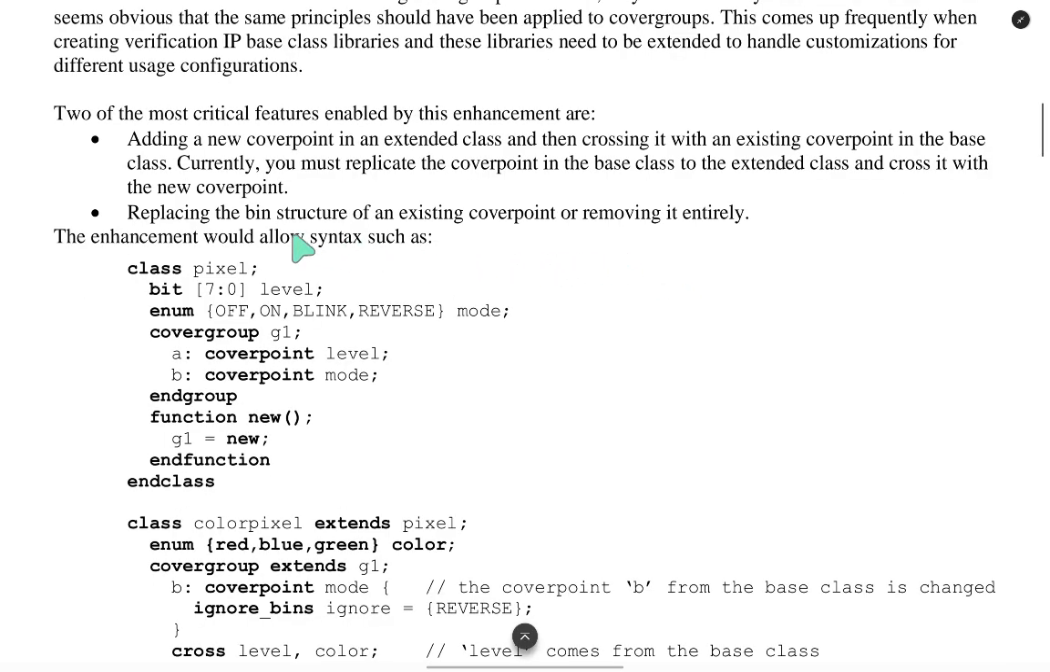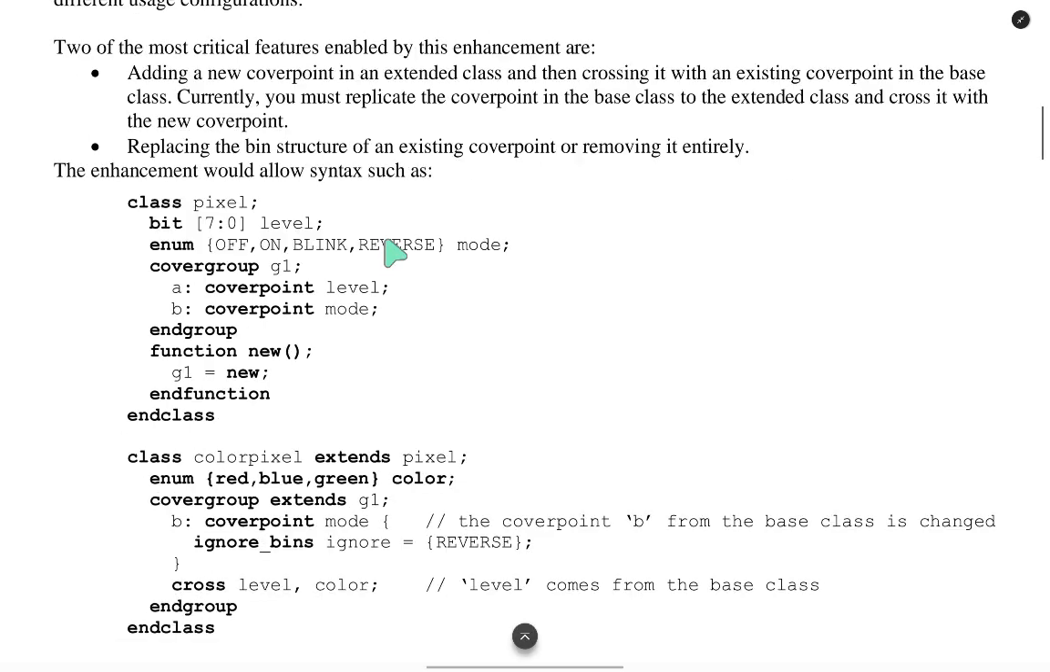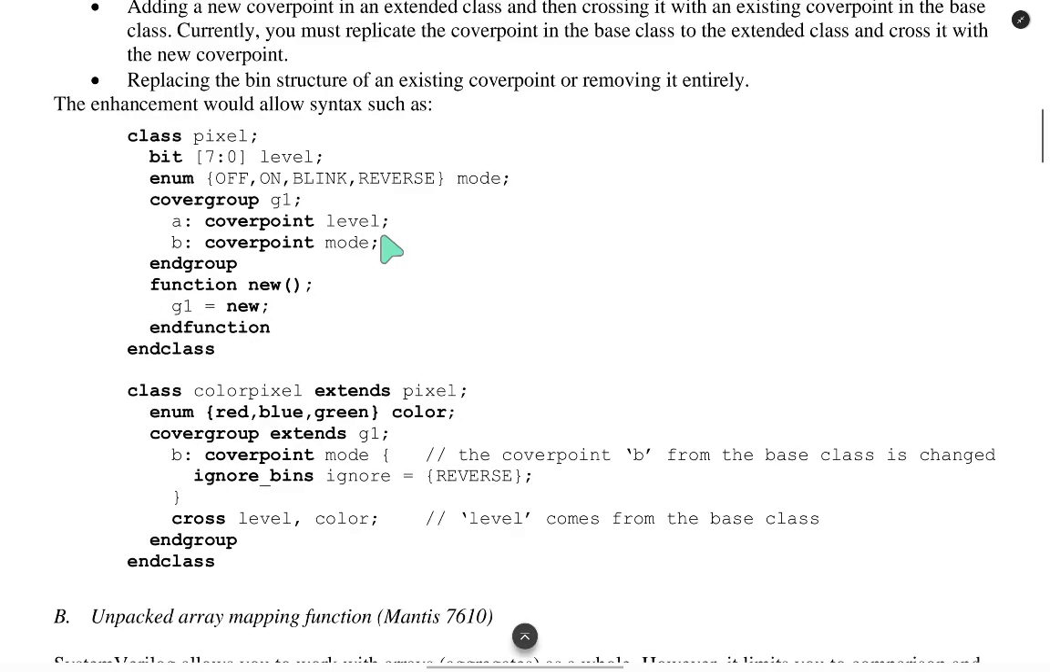The enhancement would allow the syntax such as this. Here the point is that cover point B from the base class is changed. So the label comes from the